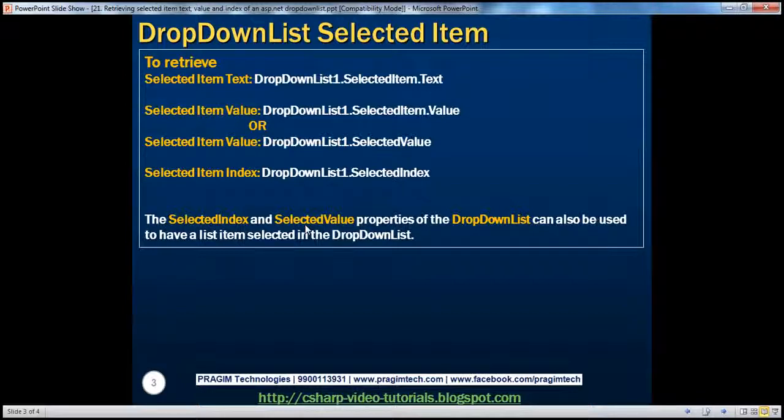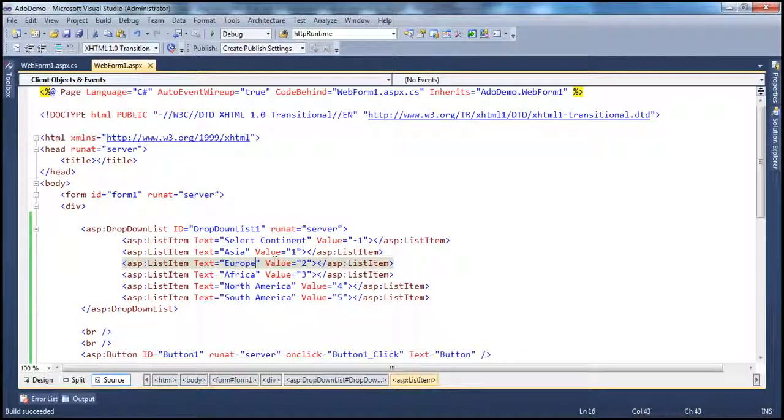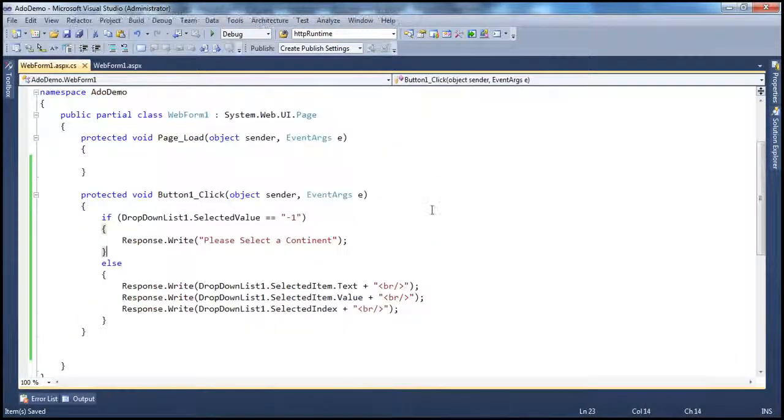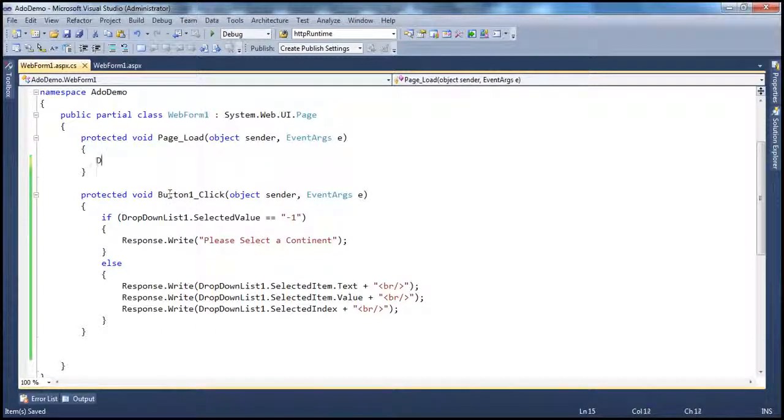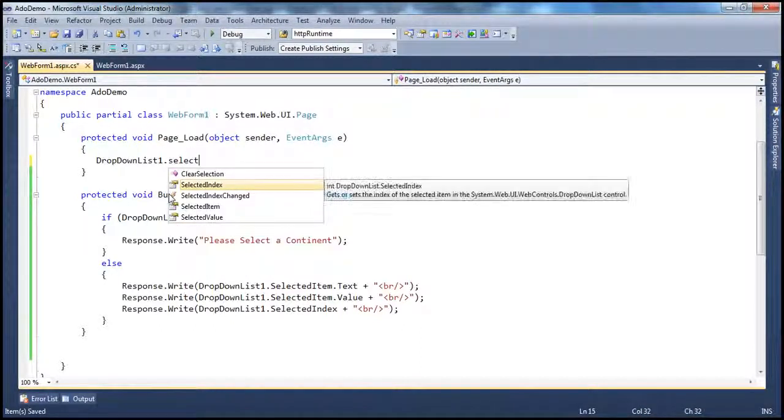So by default, if you want a list item to be selected, there are actually two ways to do that. One is, within the HTML, if you want, let's say, Asia to be selected by default, you can specify Selected="true" here, and that gets selected when the page loads. But if you want to do that programmatically in the code-behind file, then you can use one of the two properties, SelectedIndex or SelectedValue. If you look at Asia, the index of this one is 1, and the value is also 1. So when the page loads, what I want to do is dropdownlist1.SelectedIndex